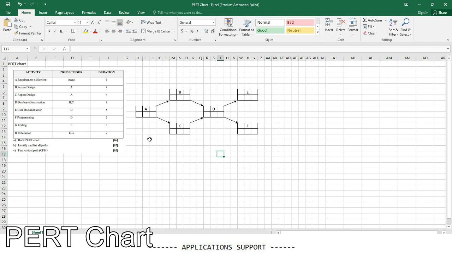So G can be started after completion of F, right? So it's a G. We have to put an arrow here. G can be started after completion of F. So it's like this. All right, yeah. And F, sorry,